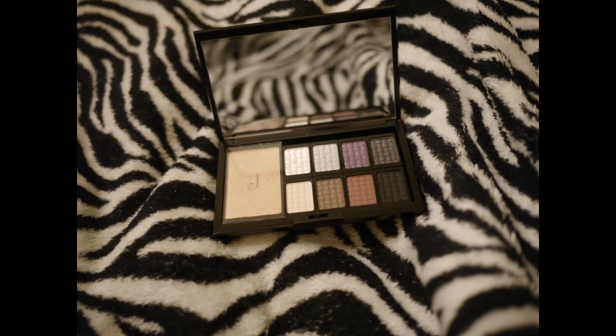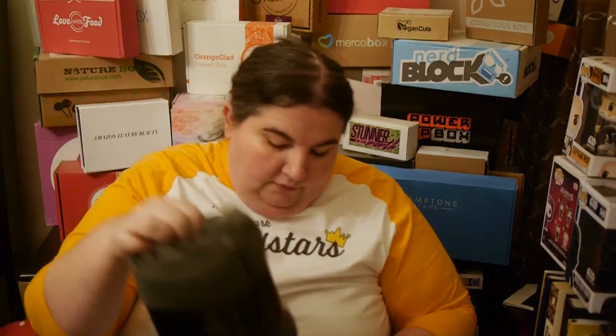Okay, this is from Josie or something, I don't know. It's a little palette. Nice palette, like a brown skin palette with a big mirror. So that's nice. That'll be good in my purse. And a little exercise ball. And finally,